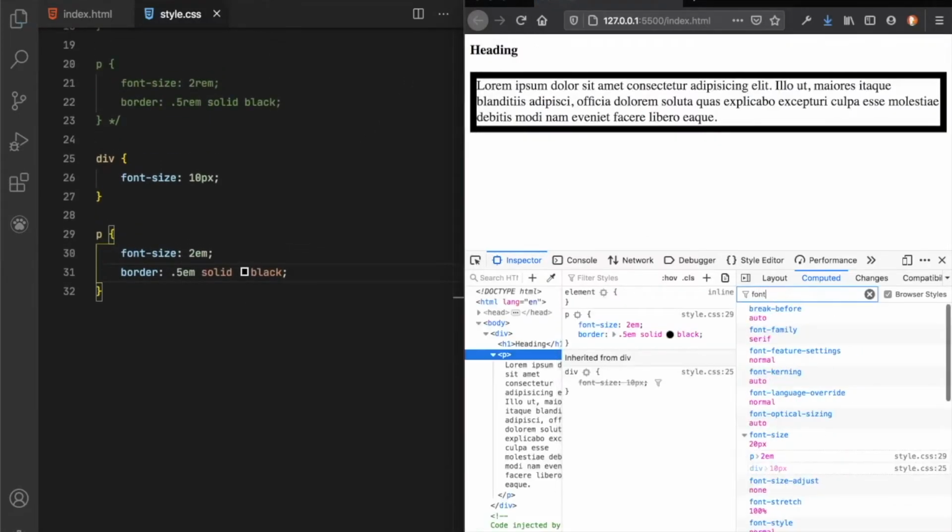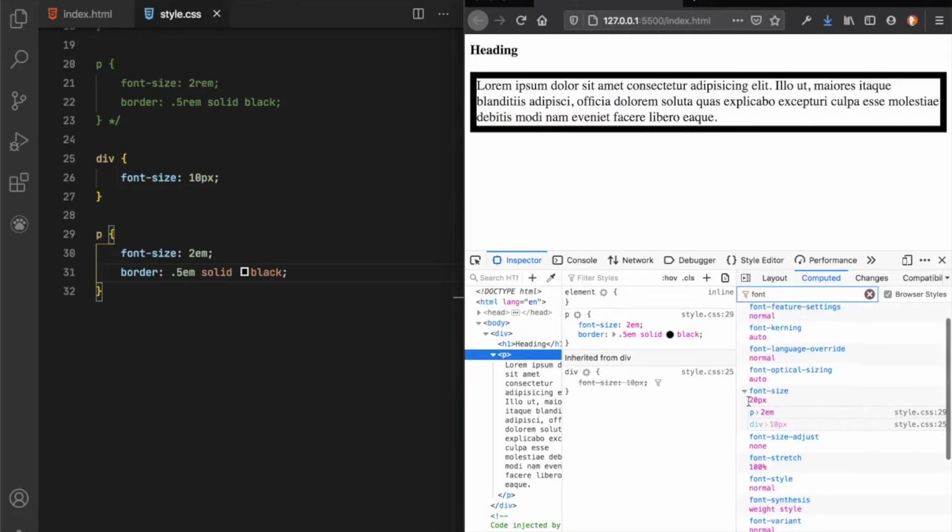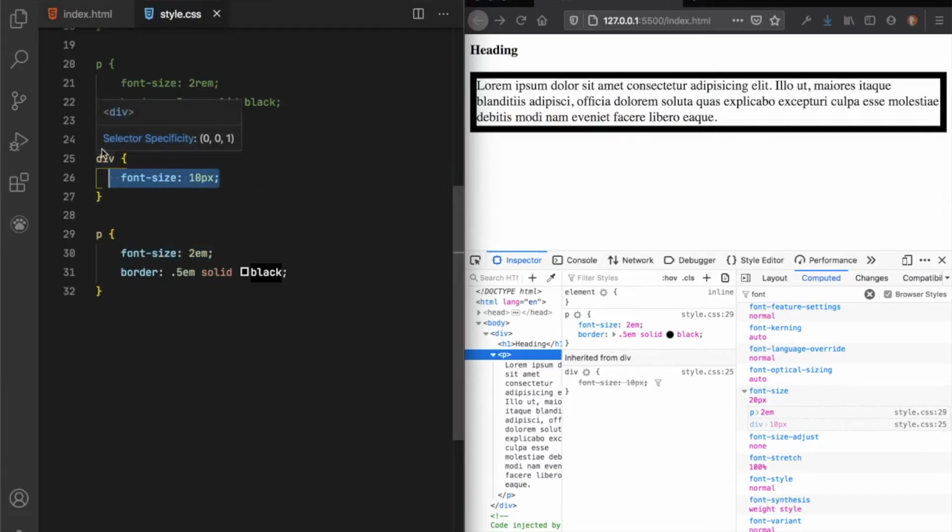Let's search for the font size property, and you can see here, right, it is changed to 20 pixel. So this font size of the child element depends on its ancestor element. In this case, the ancestor element is the div element.